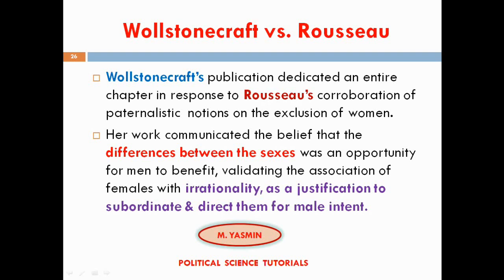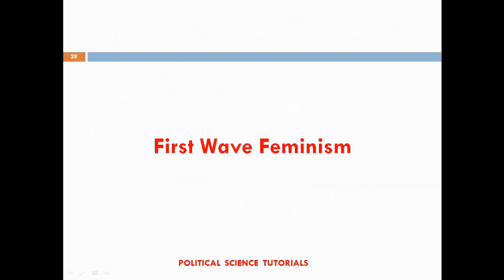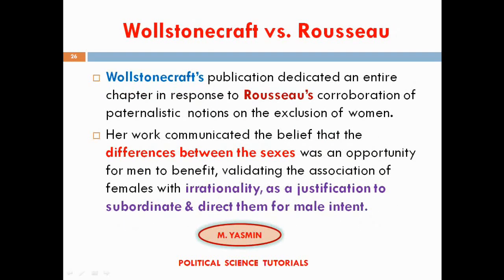In a male-dominated society, there is a notion that women's existence is only to please men. Wollstonecraft challenged this notion and proposed that women and men be given equal opportunities, whether in education or work or politics. Women, she wrote, are as naturally rational as men. If they are silly, or you can say the stereotype that women are silly, it is only because society trains them to be irrelevant.